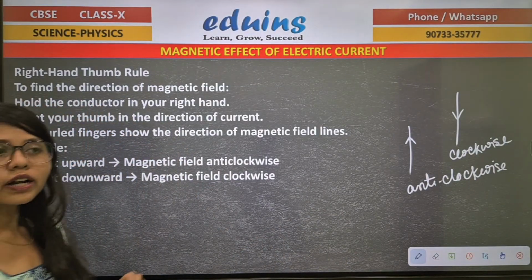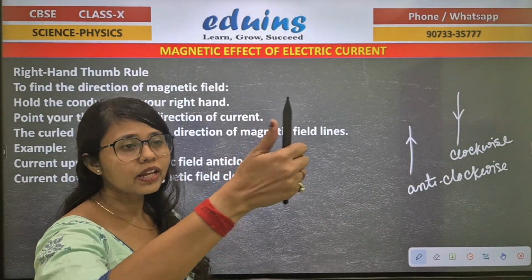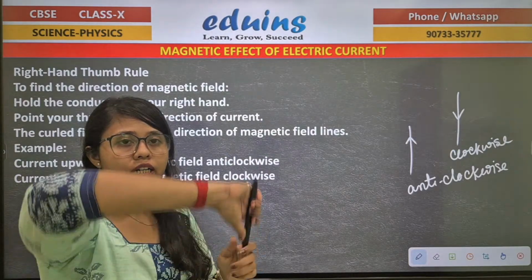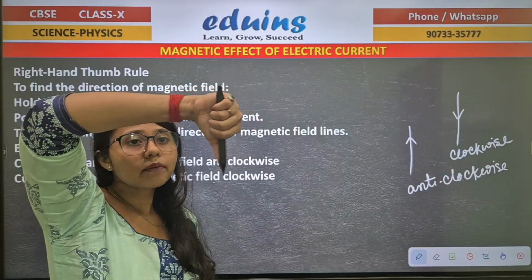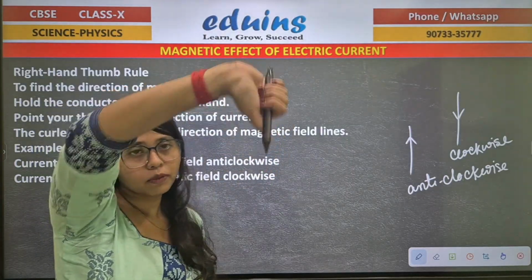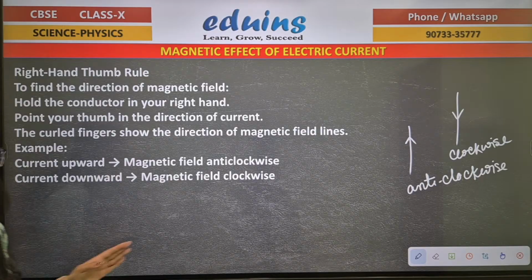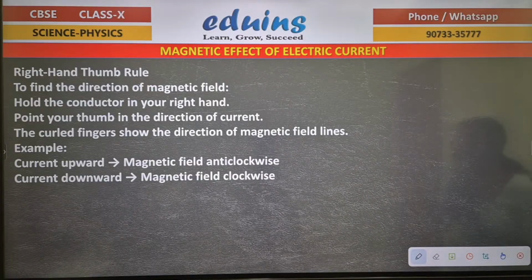So what is the thumb rule? If the thumb points in the direction of the current in the current carrying conductor, then the curled fingers show the direction of the magnetic field lines. If the current is in the downward direction, then the magnetic field is in the opposite direction from the previous one. So current upward, magnetic field lines are anti-clockwise. Current downward, magnetic field is clockwise. This is the basic knowledge we need for solving any kind of numerical or problem solving. Okay, now